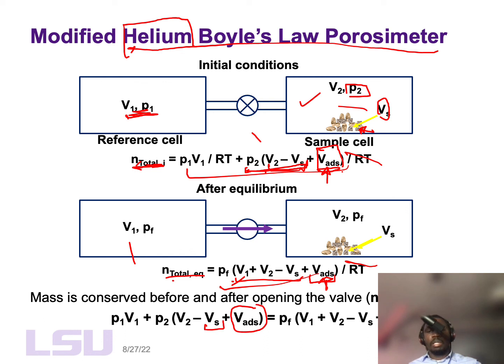How do you get Vs? Exactly how we got it using helium Boyle's law porosimeter, right? So this already came from helium Boyle's law porosimeter using helium. And then, so this is known. Of course, these are known like before. And then you just need to make volume of adsorbed gas subject of the equation. Of course, it also shows up right here. So take them to one side of the equation and then make it the subject of equation, and I will leave that as an